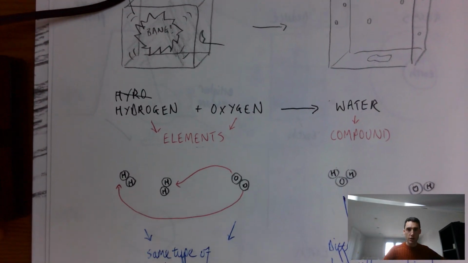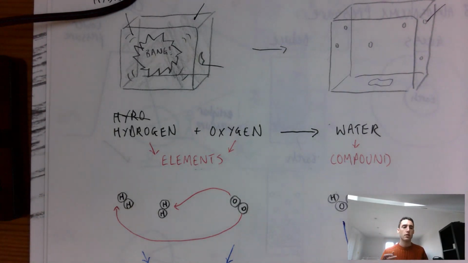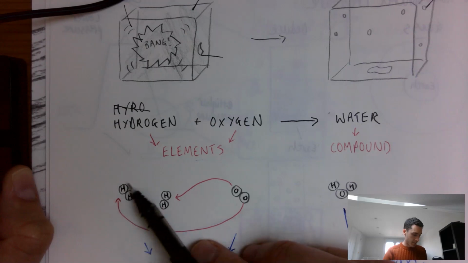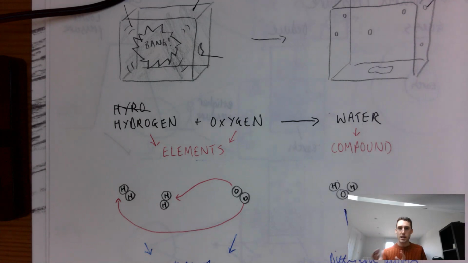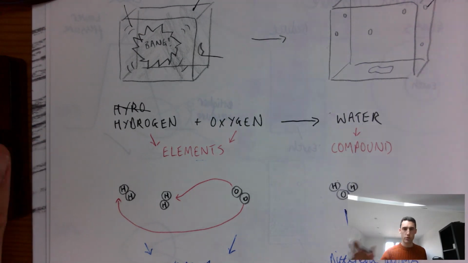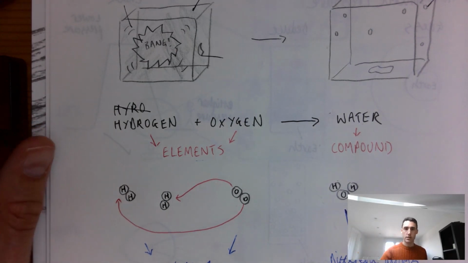It's this idea that actually all of the stuff that's out there in the universe can be reduced down to what are called elements. These are the fundamental units of matter, let's say. And what's important about the elements is that they are made up of the same type of atom. And this idea that different elements have different types of atoms, that is the big idea that we need to get across to students. And when we do GCSE and we start to look at electron structure and all of that stuff, protons, nucleus, whatever, it all comes back to that idea that each element has its own specific type